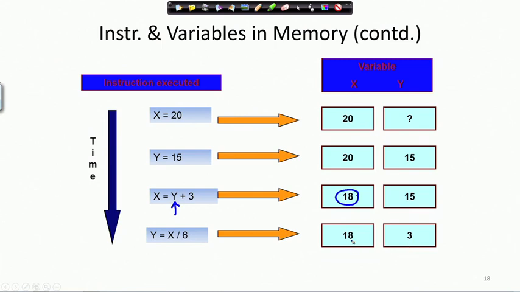So, now if I had written here print x and y, then my result would be 18 and 3, right. So, that is how the variables are handled by a program, and I tried to explain to you the difference between variables and values. So, please look at the pseudo code of the examples that we did in the last lecture and see what are the variables and what are the values, and try to draw a diagram as I have done today, just to have a clearer conception for that.